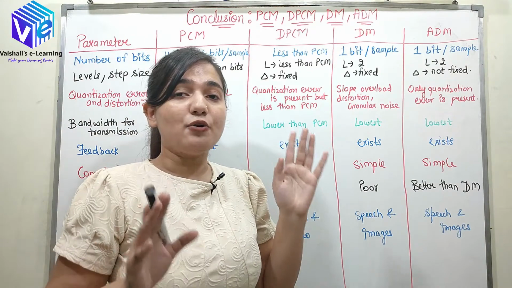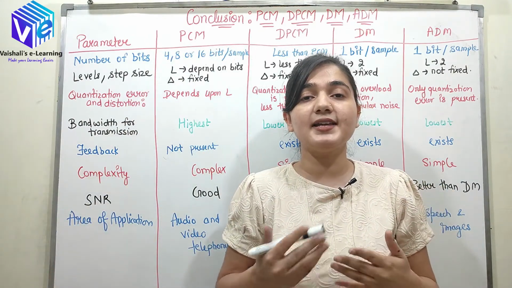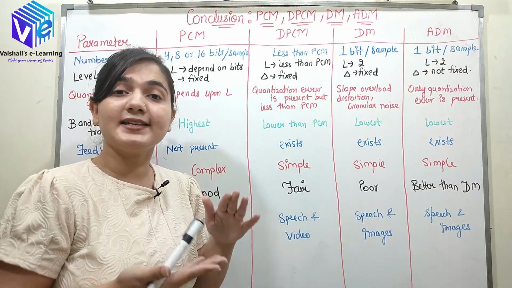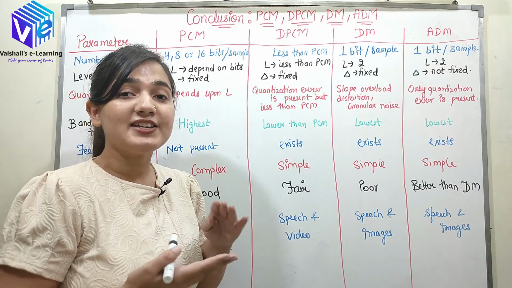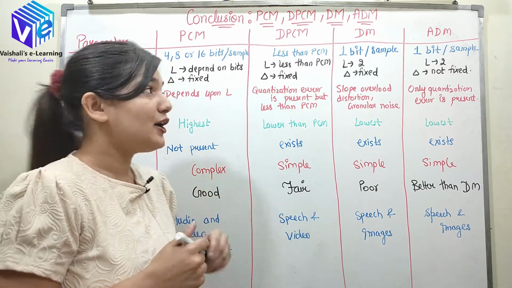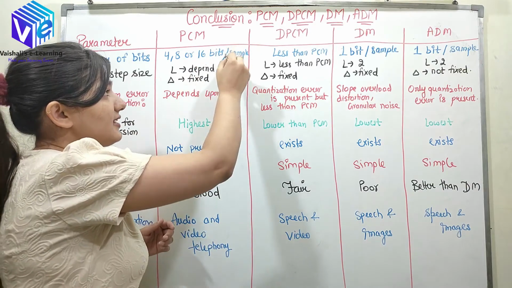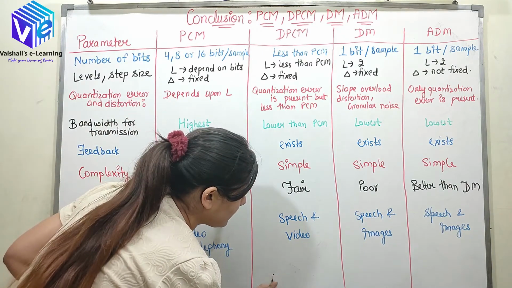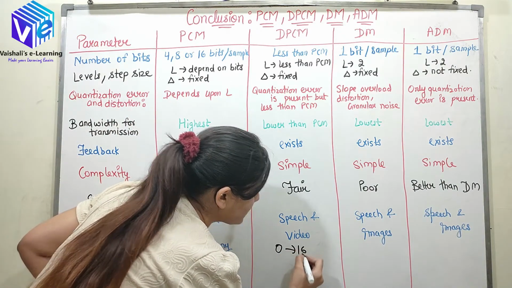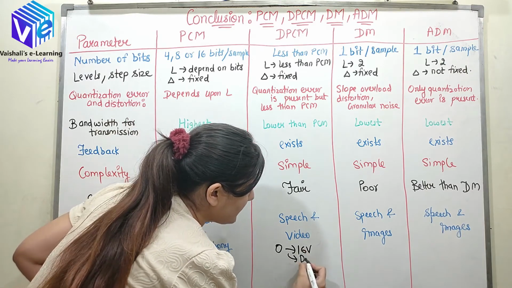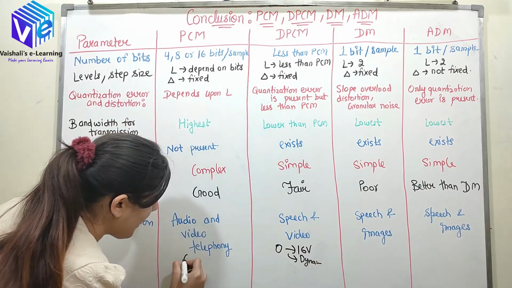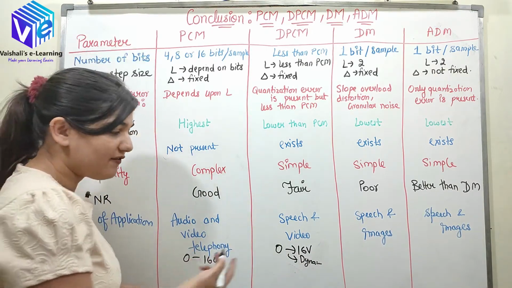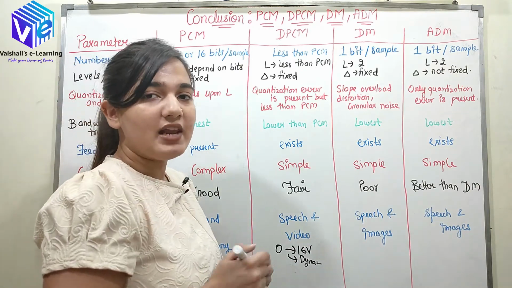Now if I talk about the DPCM, it was sending the error signal. So obviously when I send the error signal, the dynamic range, I said it was reduced. So when the dynamic range is reduced, the number of levels required to transmit the signal will be less than this number of bits. So let's suppose here it is 0 to 16 voltage to be the dynamic range, and here I have 0 to 160 voltage to be dynamic range. So here I'll be using more number of levels, and here obviously I'll be using the less number of levels.